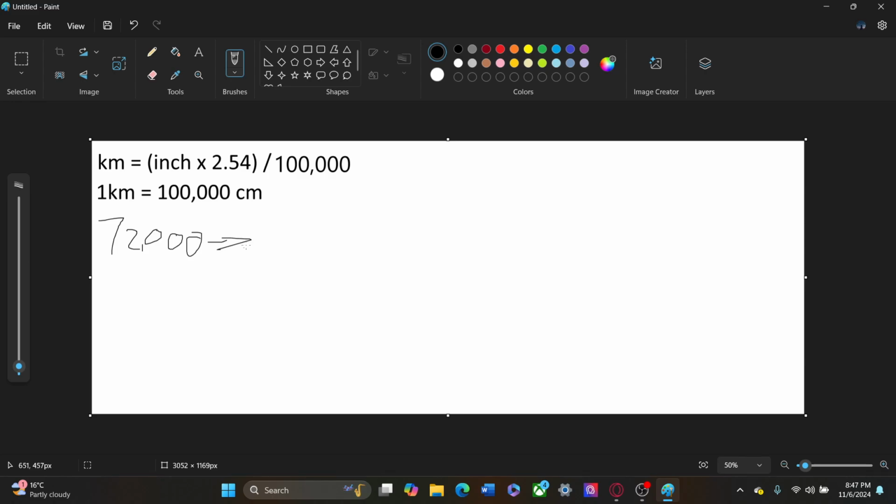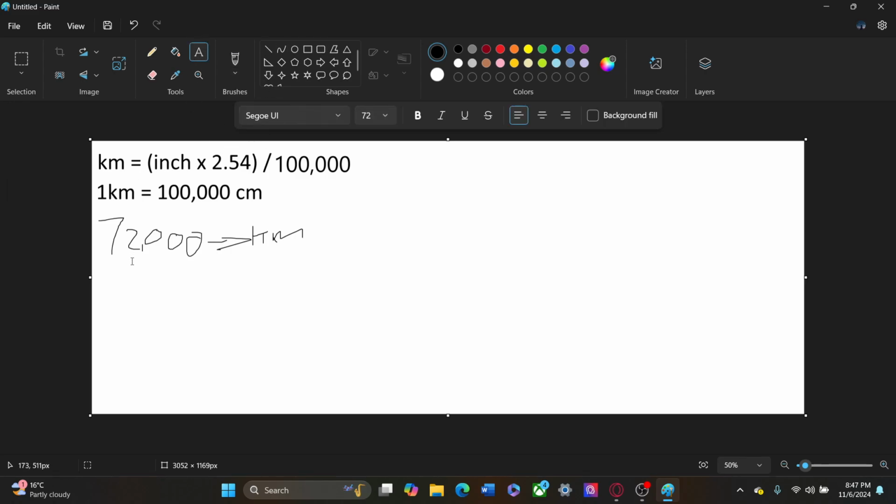We want to convert this to kilometers. Okay, so we know our equation. We're just going to continue to do the same thing. Kilometers, right? We're going to do kilometers first because that's what we're doing right now. We're going to do in brackets inches times 2.54 end bracket times